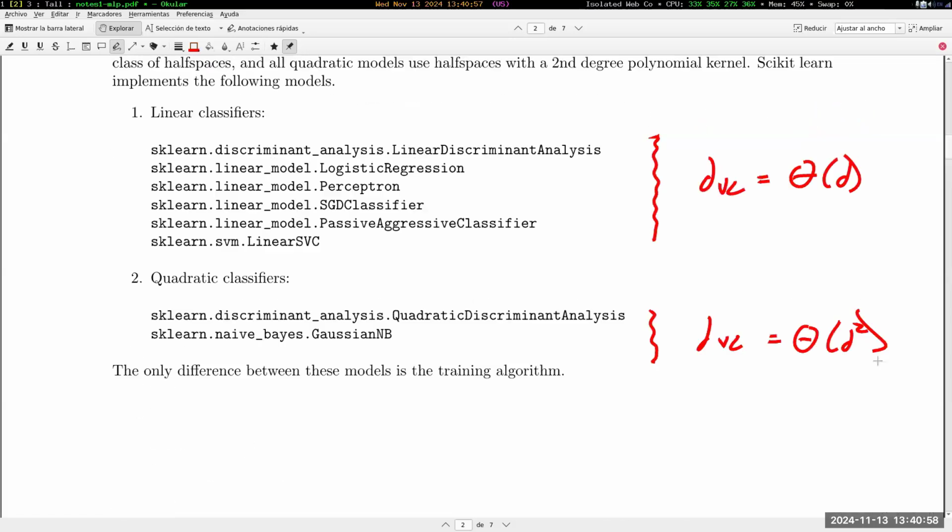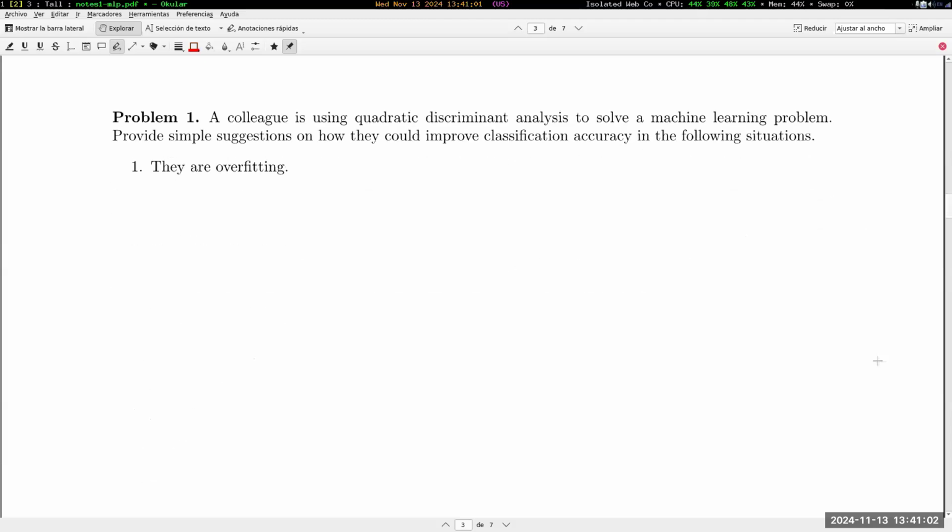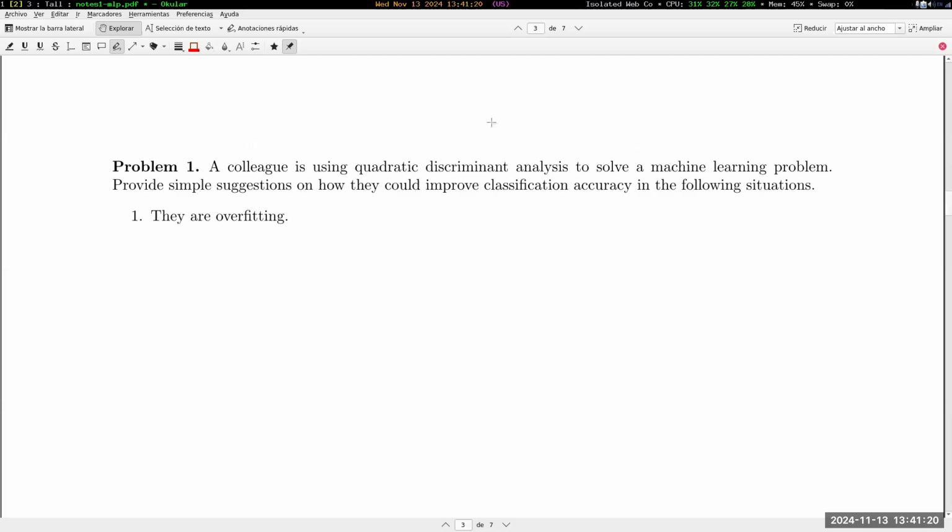Okay, so using this knowledge here in red, we can answer problem 1, parts 1 and 2, on the next page. So here, problem one, a colleague is using quadratic discriminant analysis. And here I emphasize that it's a colleague and not you all doing this, because you all know better than using quadratic discriminant analysis. Now, even though you probably don't know what quadratic discriminant analysis is, the one thing that we did talk about is that this does not minimize the